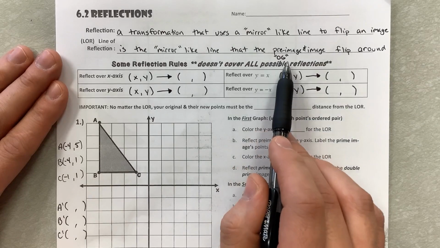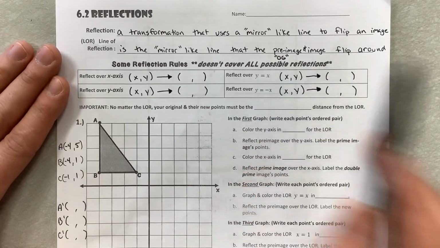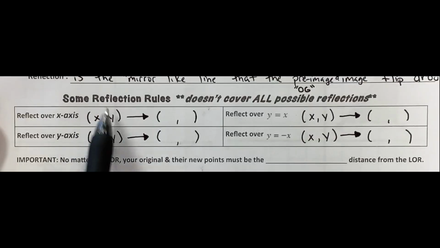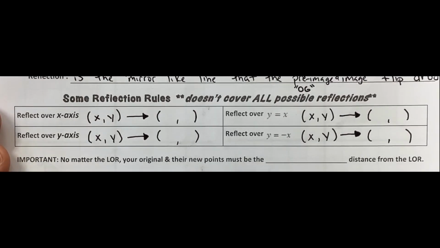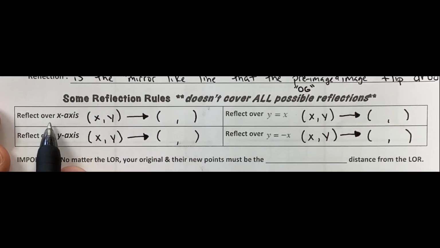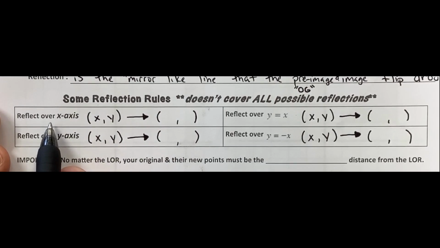Okay, so pre-image, OG image is your old stuff, image is your new stuff, and it flips just like a mirror, you see your reflection. There are some quick little rules here. So you'll see we're gonna follow the rules, but if you can catch on, you don't always have to use the rules sometimes. So if you're ever reflecting over the x-axis,